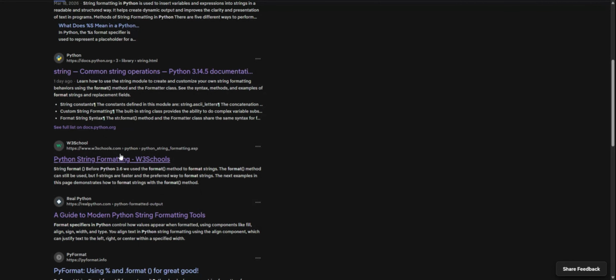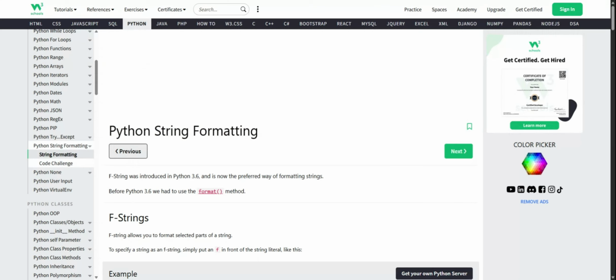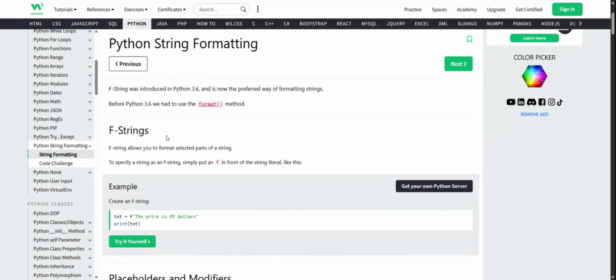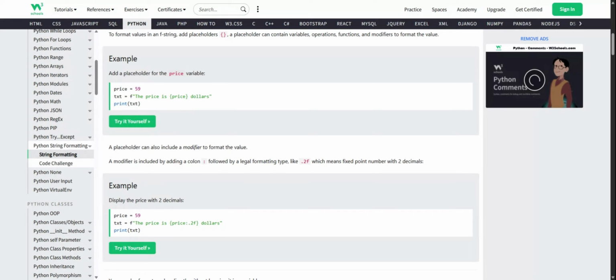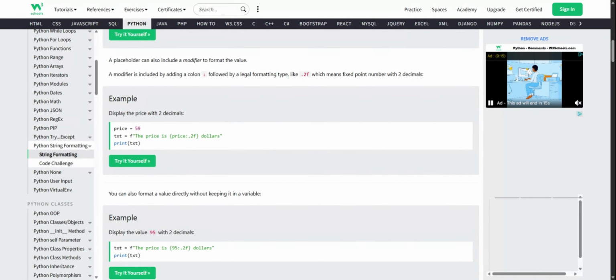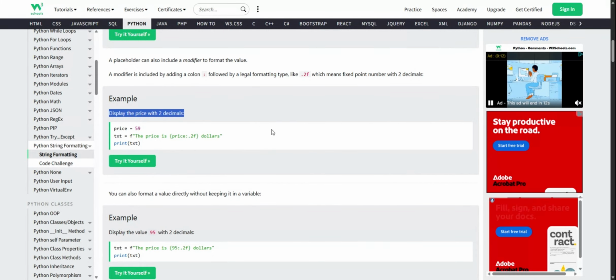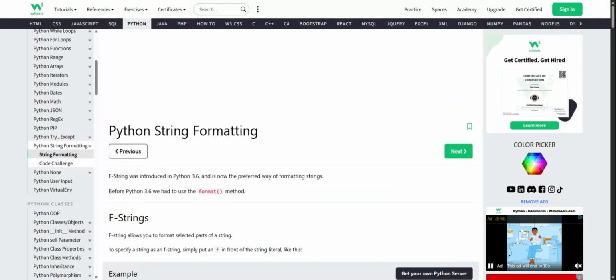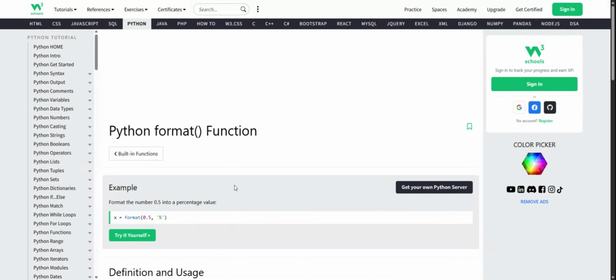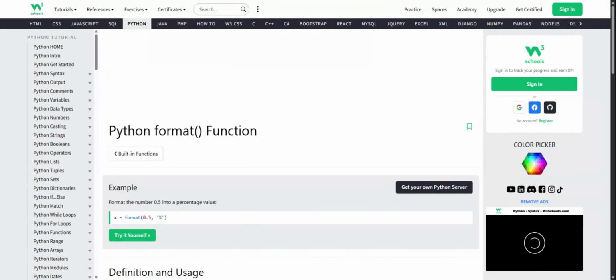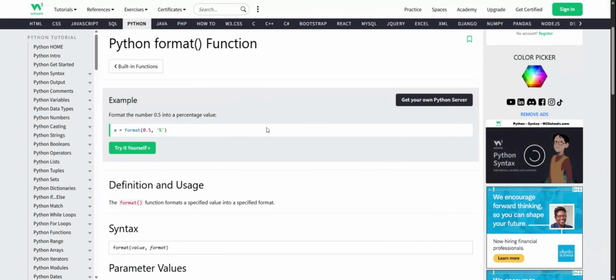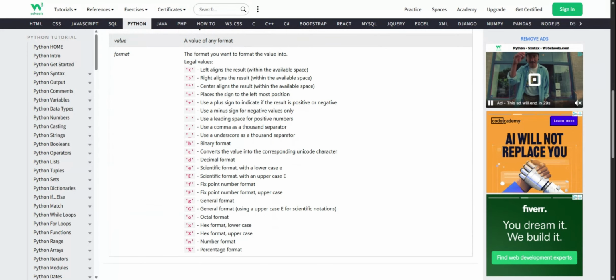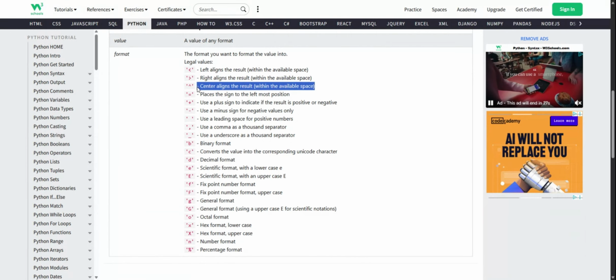I personally prefer W3Schools because it is easier to read and there are examples that you can play with. In this example, you can see how to display the number with 2 decimals after the point. If you click on a format function, you can see definitions and usage. We will use caret, center align the result with available space,